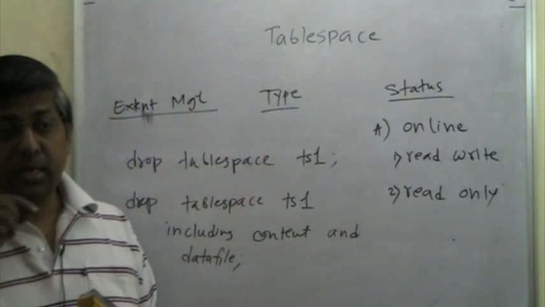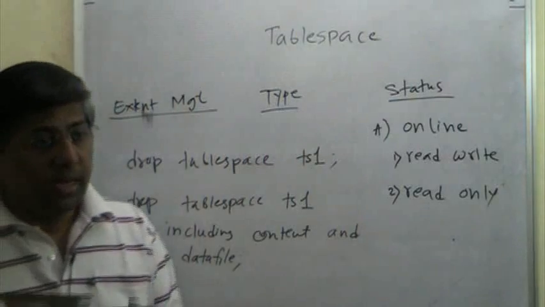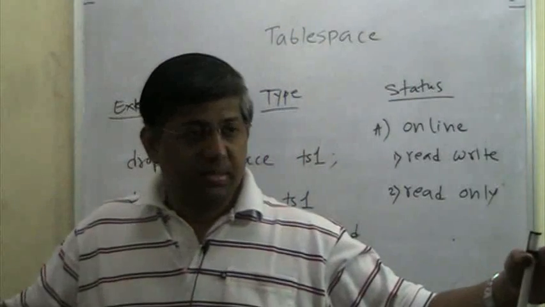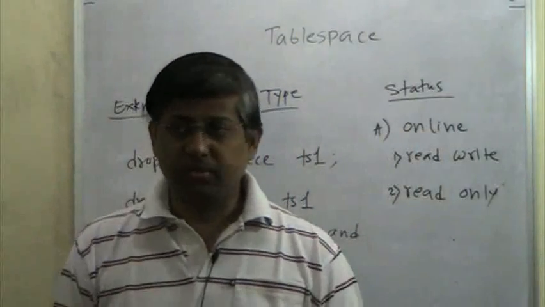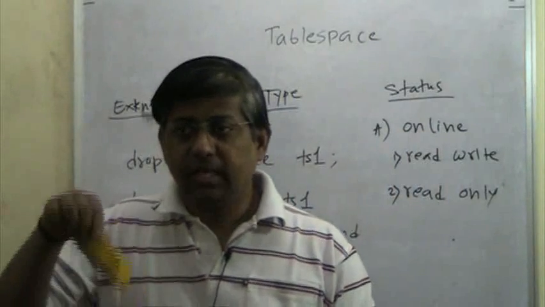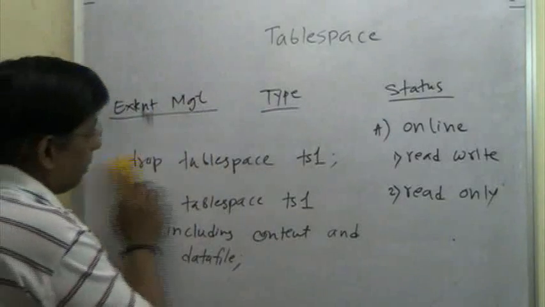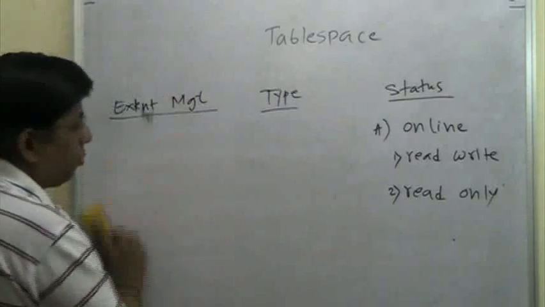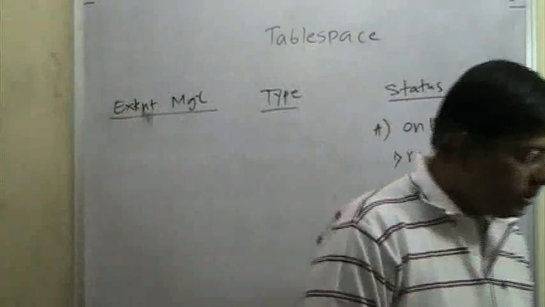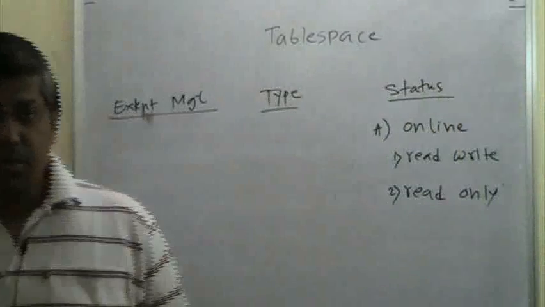And that is why DBA_FREE_SPACE is a very important view. The tablespace may be 1 gigabyte. There is no table in that tablespace, so free space will be 1 gigabyte. So you have to know how much free space is there in that tablespace, and that's why that view is there, DBA_FREE_SPACE. So these are certain commands for tablespace creation. Okay, so we'll go